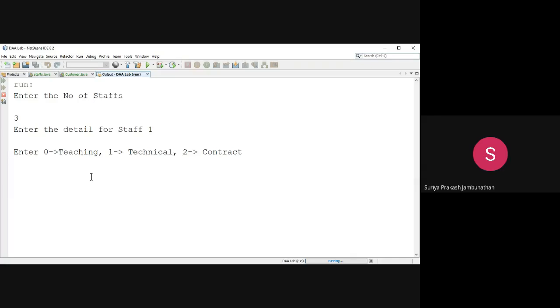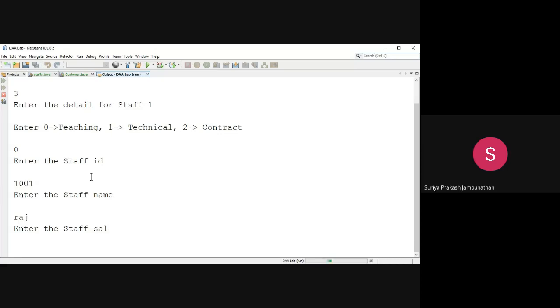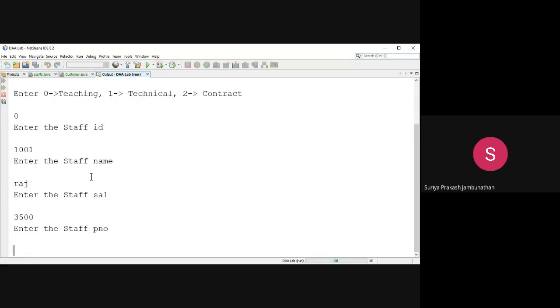Okay. I am giving teaching staff as the first input, so I am giving 0. It asks to enter the staff ID. I am giving 1001 as staff ID, Raj as staff name, 3,500 as staff salary, and then the staff phone number.